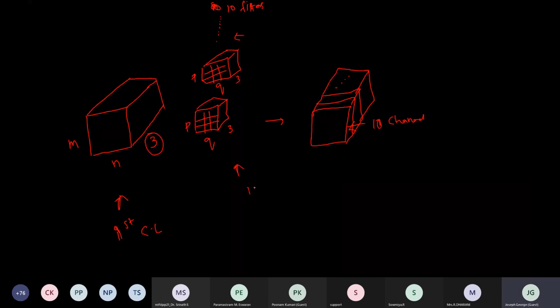But what about the height and width of this particular convolution map? This is what we call a feature map or activation map. So here the size will be less than n and less than m,